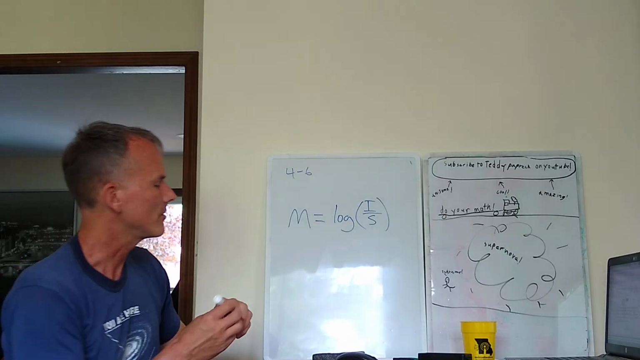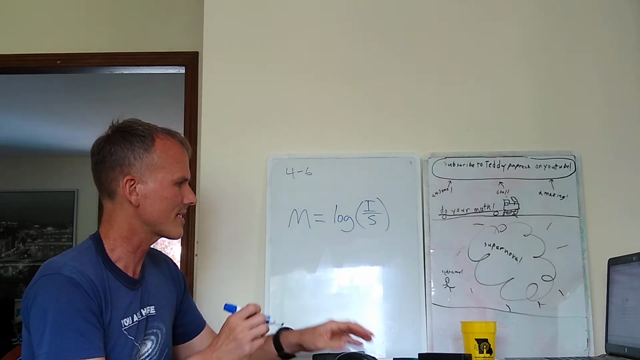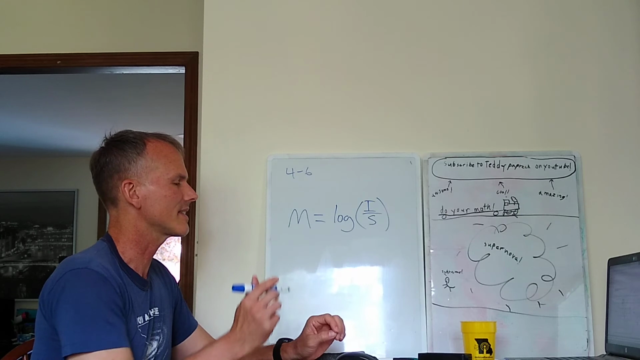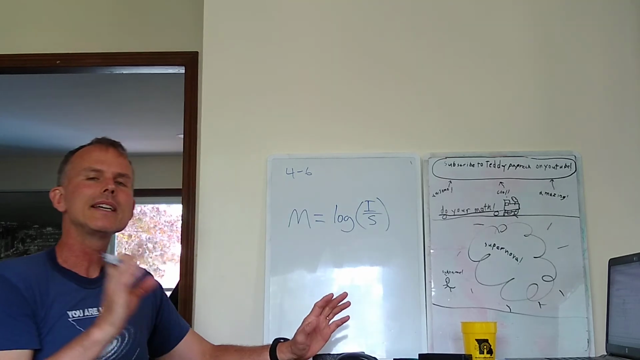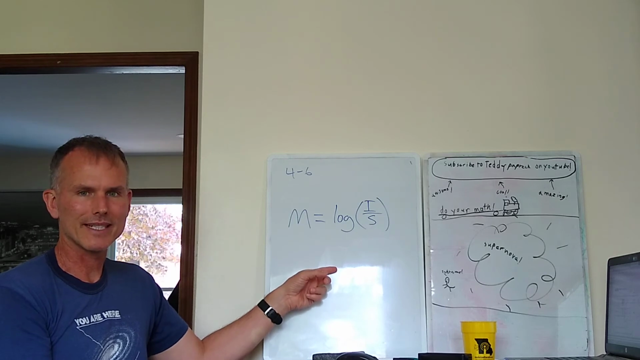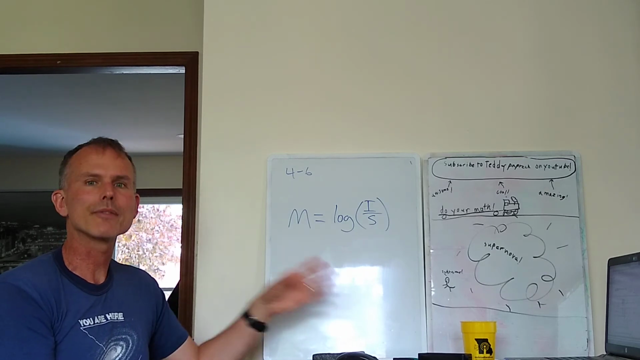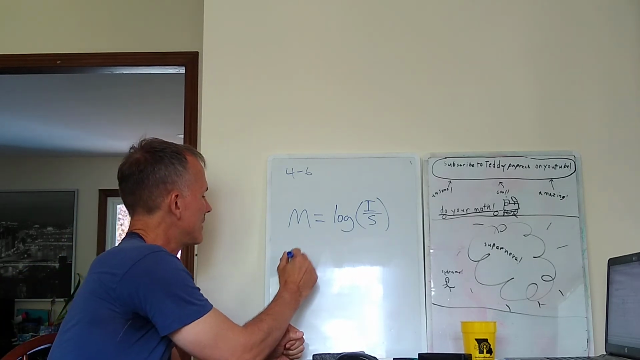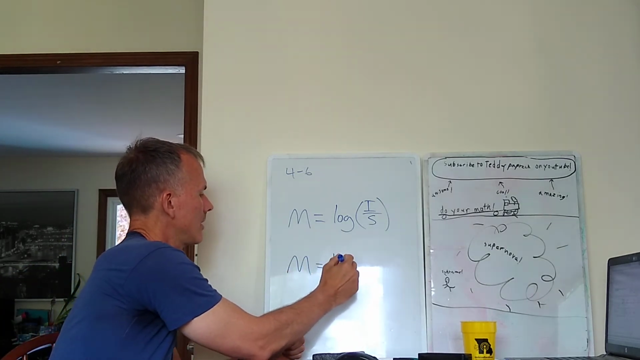Okay, so let's do an example here. Find the magnitude of an earthquake that has an intensity of 3.75. An intensity of 3.75, just to recap, means that the seismograph reading, the amplitude, is going to be 3.75 centimeters. So what I do is I do this, log of